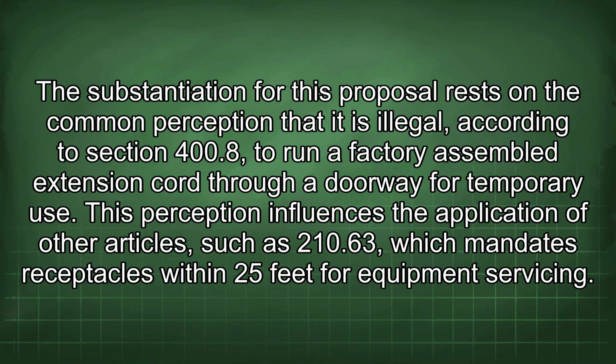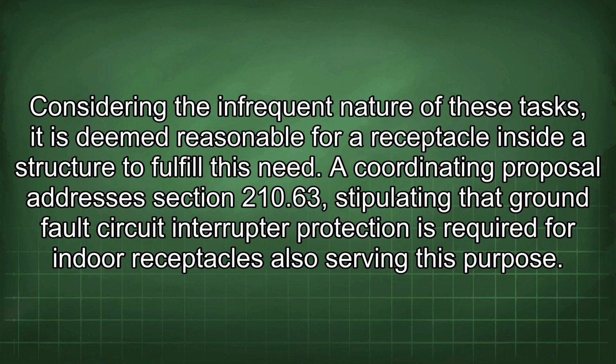The substantiation for this proposal rests on the common perception that it is illegal, according to Section 400.8, to run a factory-assembled extension cord through a doorway for temporary use. This perception influences the application of other articles, such as 210.63, which mandates receptacles within 25 feet for equipment servicing. Considering the infrequent nature of these tasks, it is deemed reasonable for a receptacle inside a structure to fulfill this